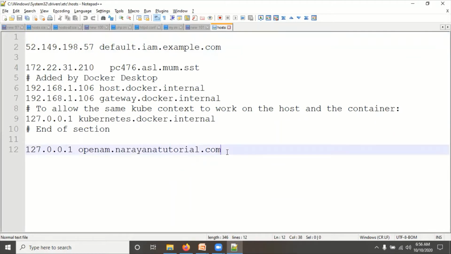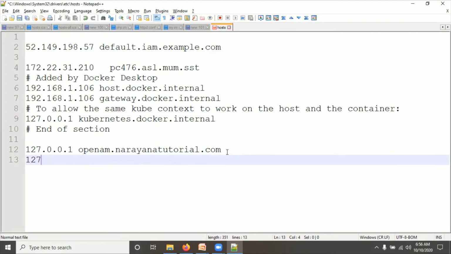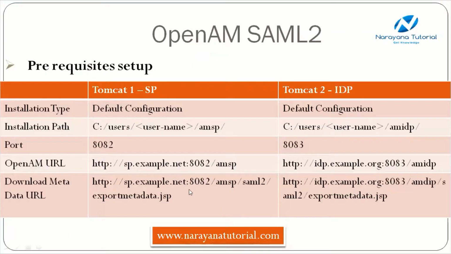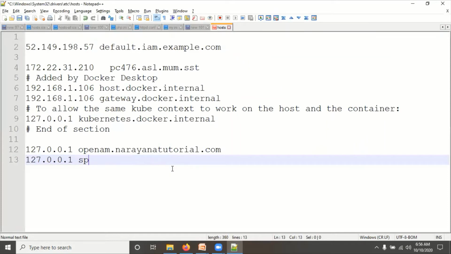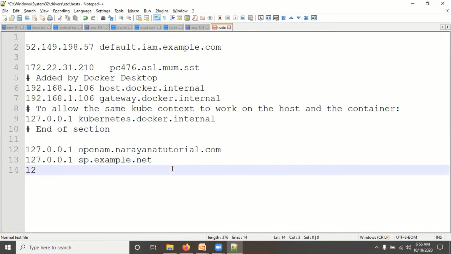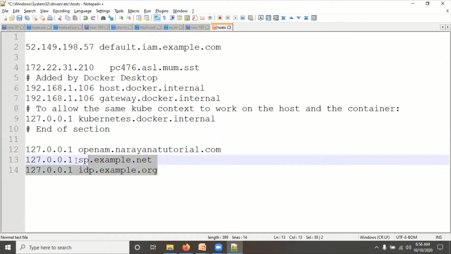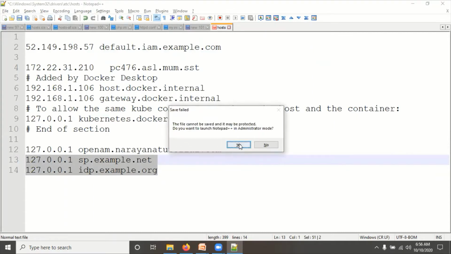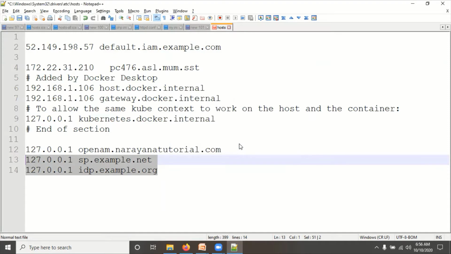Now we'll give these host names like this: 127.0.0.1 sp.example.net, and the same way 127.0.0.1 idp.example.org. Better copy these two lines and save it. It is asking for administration rights, so click yes. If you are already the administrator, it will not ask.